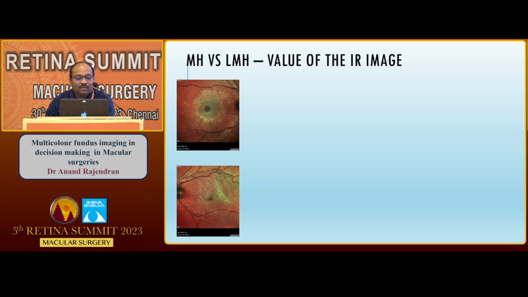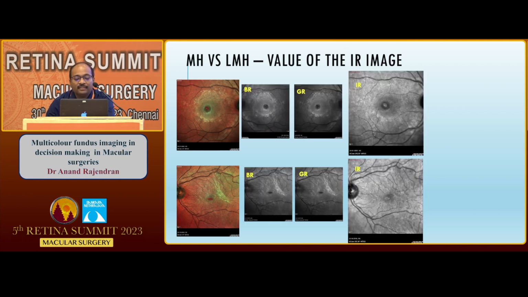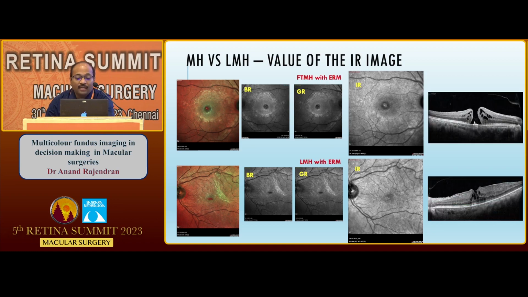Does the IR image also help? Now, if you look at these two cases, you know that there's a macular defect, there's a macular hole. And perhaps the case on top is a full thickness hole. But you're still thinking, when you look at the blue and green reflectance, it doesn't give you much. But on the infrared, you see a nice punched out defect there, which is not seen on the lower panel. And you know that you're probably dealing with a full thickness defect in the case above, and that is corroborated